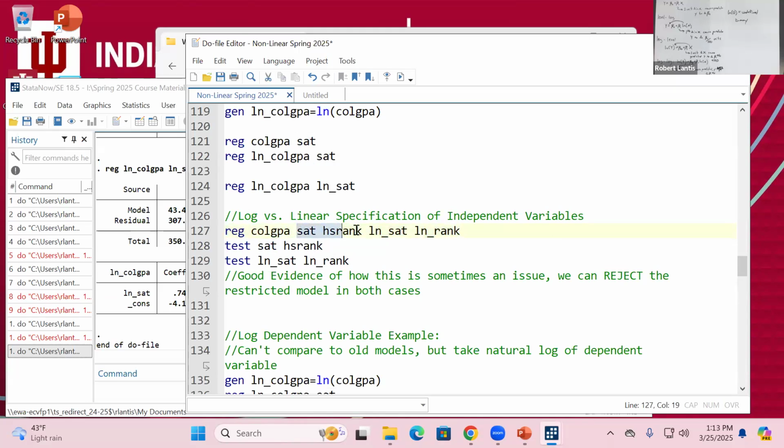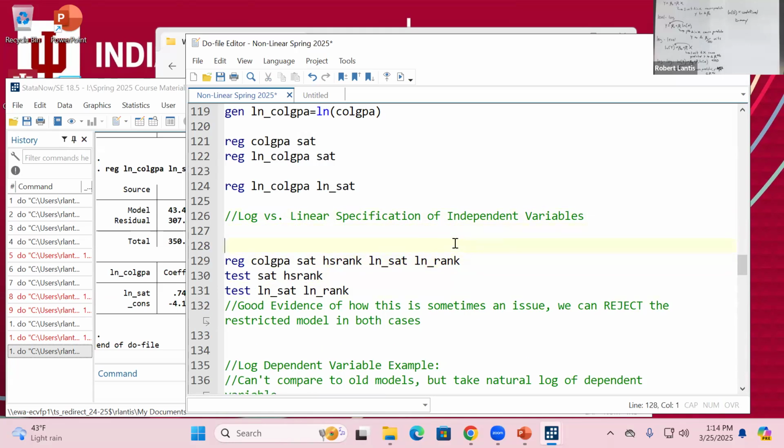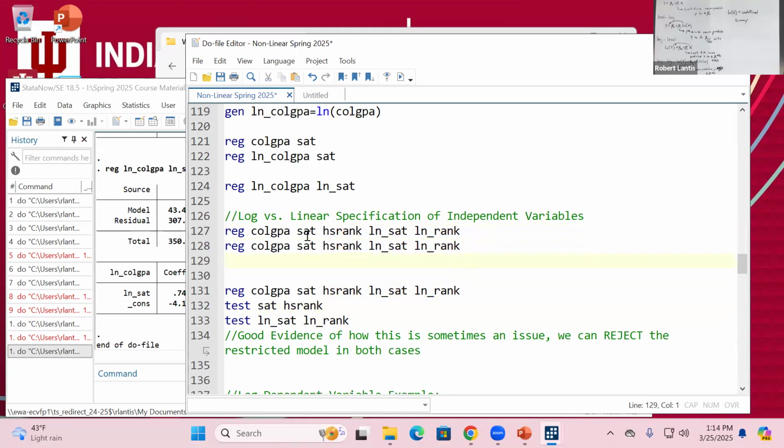I'm going to try to do that using my SAT score and my high school rank. You don't have to worry about copying this because we're going to do something that's better. I'm just going to set this up to show you. I could do something like this, where I look at